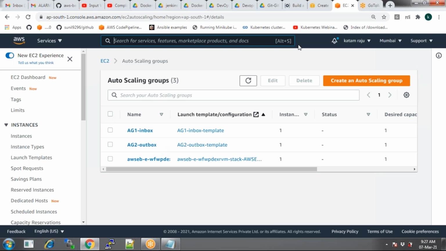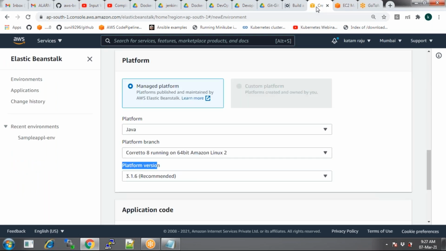But if I go with Beanstalk, you don't need to set up the auto scale groups. Automatically, if that instance is down, it will launch another instance for the same instance. Do I need to create auto scale groups? Do I need to set up the auto scale conditions? No. Not required. AWS will take care of those conditions.